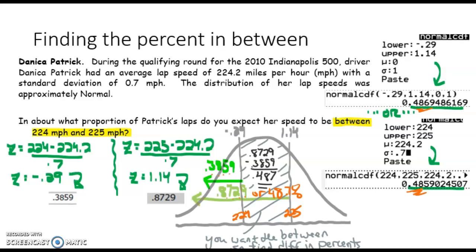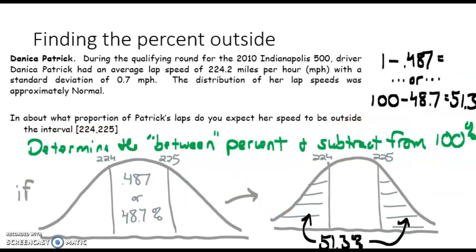So now think about this. This is going for the region in between. On the next slide, they're going to ask you for how to get the region on the outside. So basically, what I'll tell my students is just to keep it simple. Think about it. Go ahead and find the region that's on the inside, which we just found was like 48.7%, right? And if you want to get the area that's on the outside of that, just find the difference between